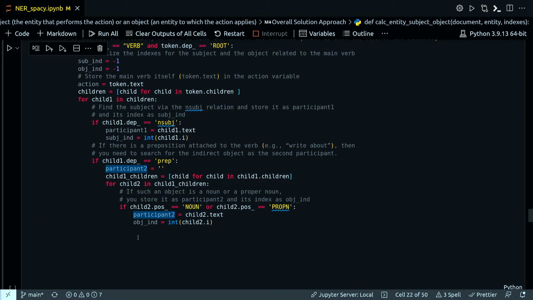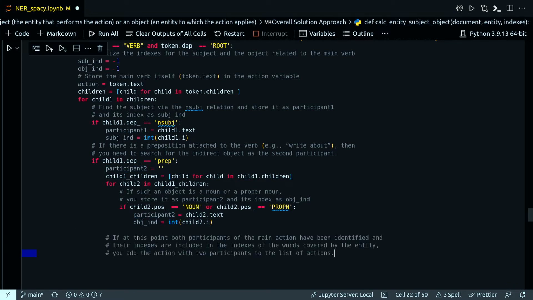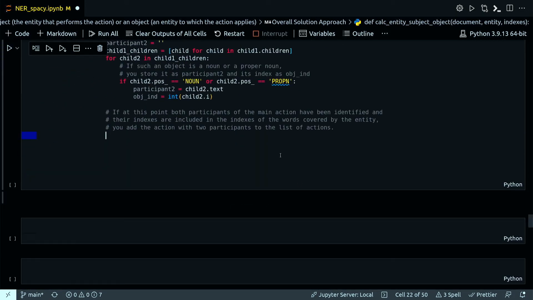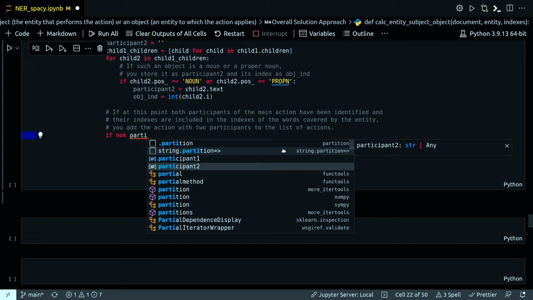Put that as a comment here for my proper step-by-step moving forward. It's quite a long function that it's becoming, so putting proper comments is extremely important. So now I need to check that participant 2 is not an empty string, because I need to make sure that both are properly defined before adding them to the actions. If not, participant 2